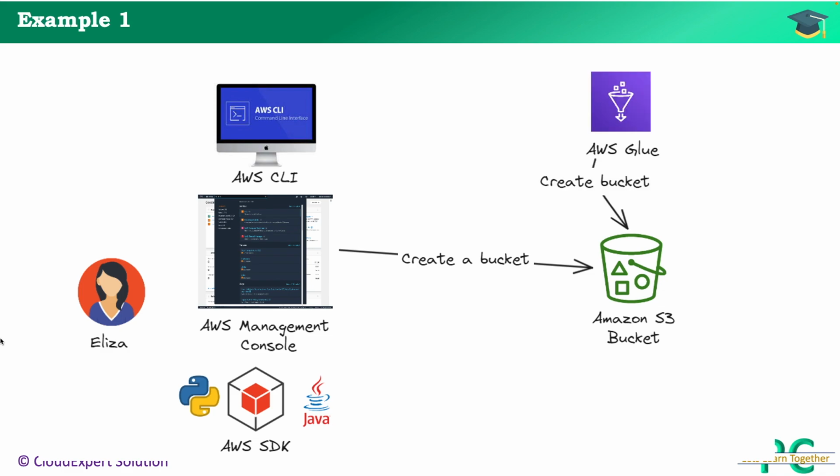Now we saw these are the 3 options. There is one more option: Eliza is using some other AWS service and that service is required to create an object. For our example, let's assume Eliza is using AWS Glue. It's an ETL service, and for that ETL service to work properly, it requires an S3 bucket. That is why indirectly Eliza is trying to create an S3 bucket from AWS Glue. Now what are the options to access these